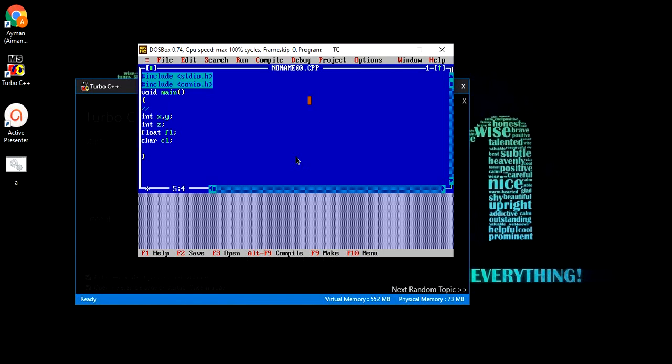So this is nothing but defining variables of type int, float, char, or double, etc.